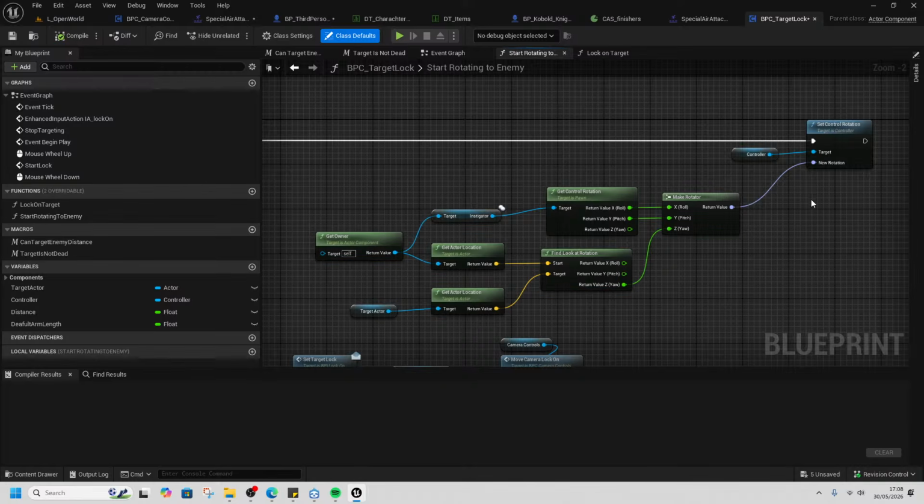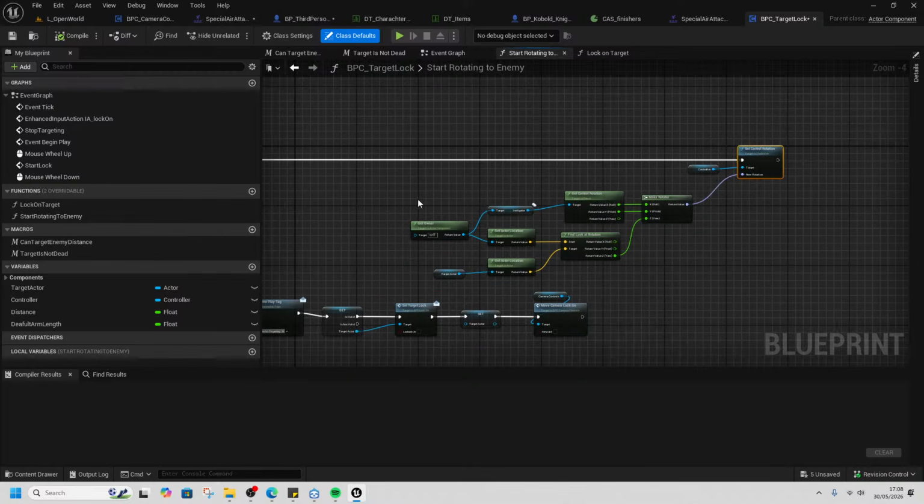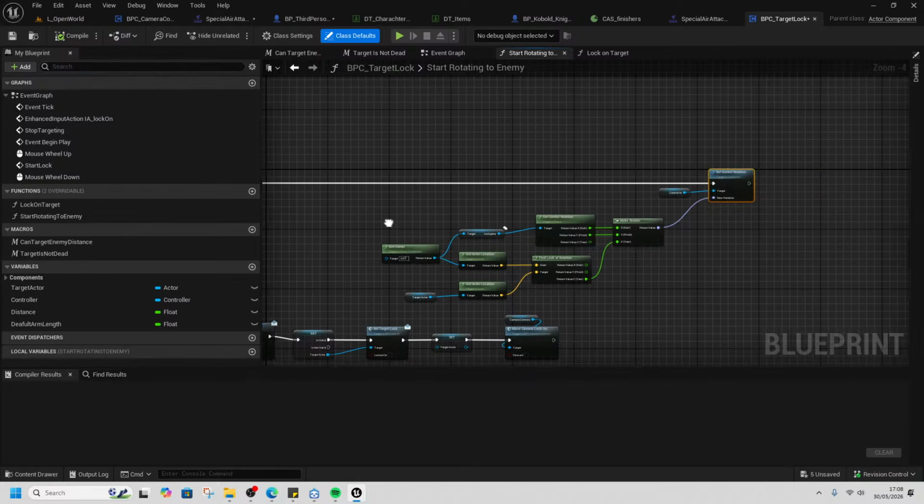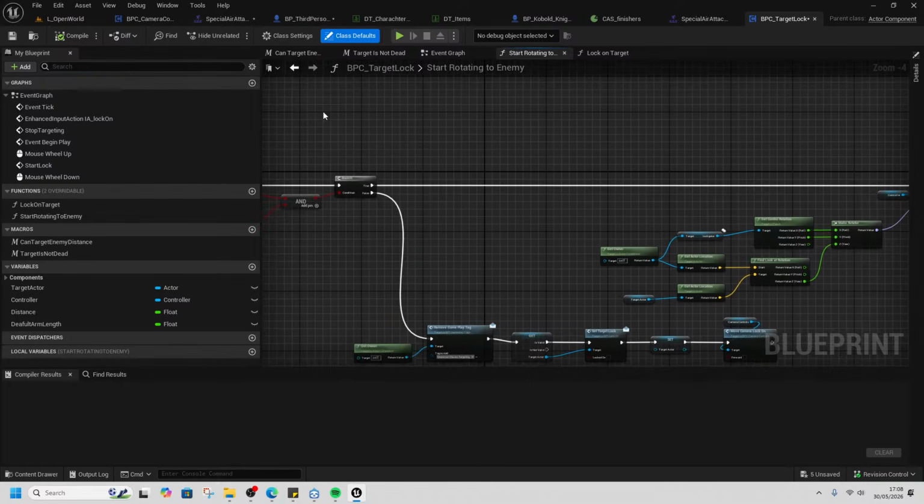This is setting the control rotation. Oh, okay. Wait, so I just do